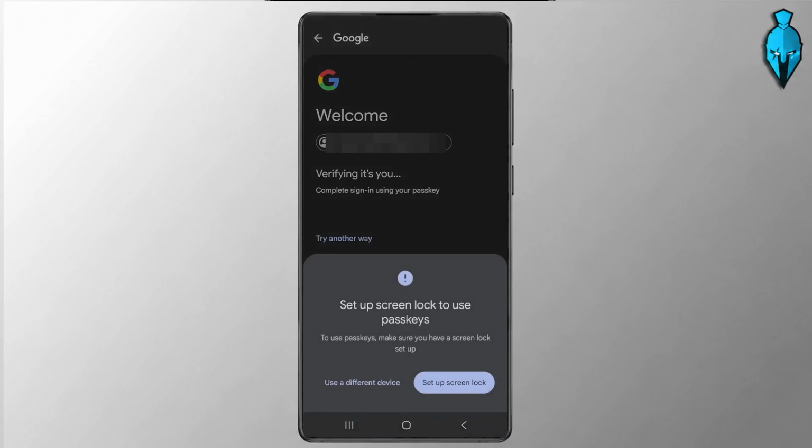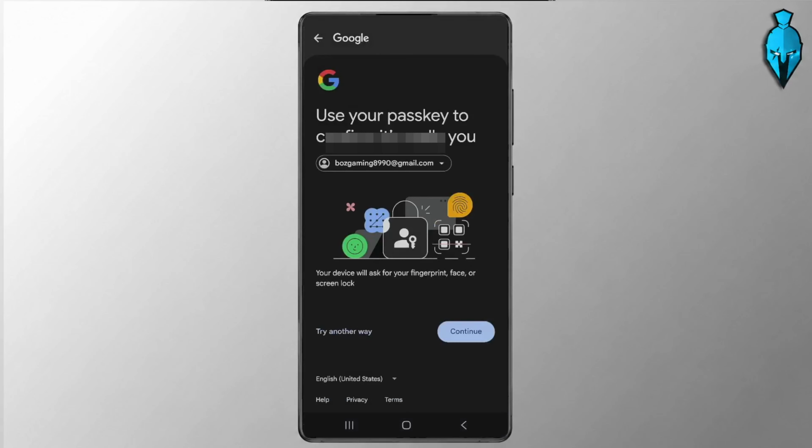And of course, you may have to sign in again, so just keep that in mind. But sign in, tap change password, and of course, your Google account password and Play Store password will then be